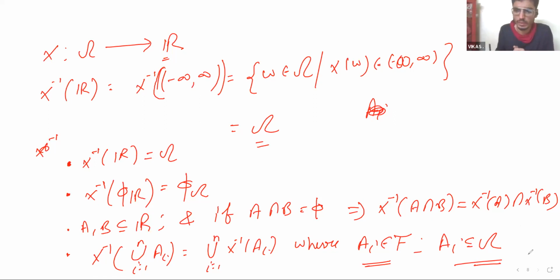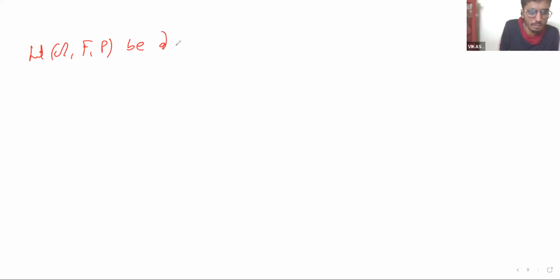Okay. Introduction, I'm covering the introduction. If you have any doubt, whatever doubt you have in the concept we are going through, you just ask me. We'll try to solve it. Okay. And now let's do what is a random variable. Let's say, let omega, F, P be a probability space.